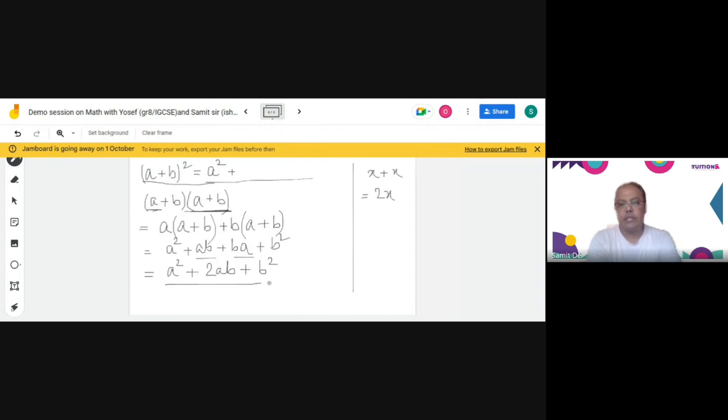So this is the final result of this expansion. So let me write this as the final result: (a plus b) whole square is equal to a square plus 2ab plus b square. This is one of the most important identities of algebra, or rather a very primary identity of algebra. A plus b whole square equals a square plus 2ab plus b square. Clear? Okay. Now let us